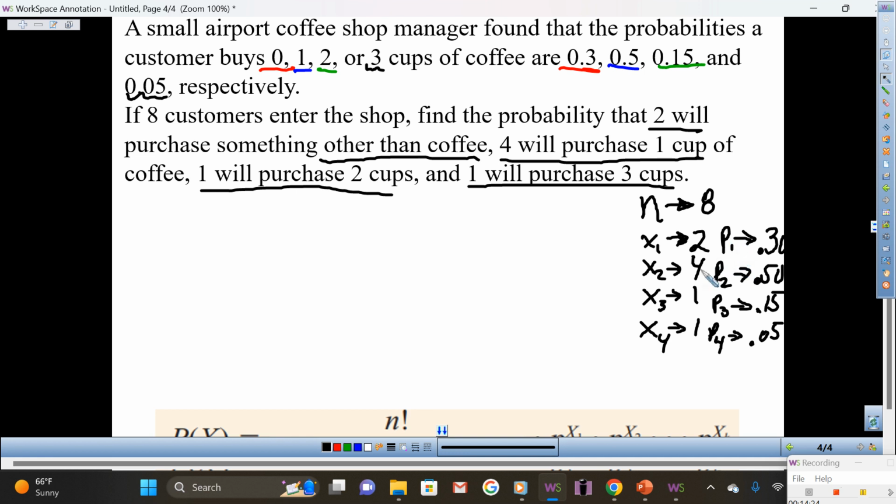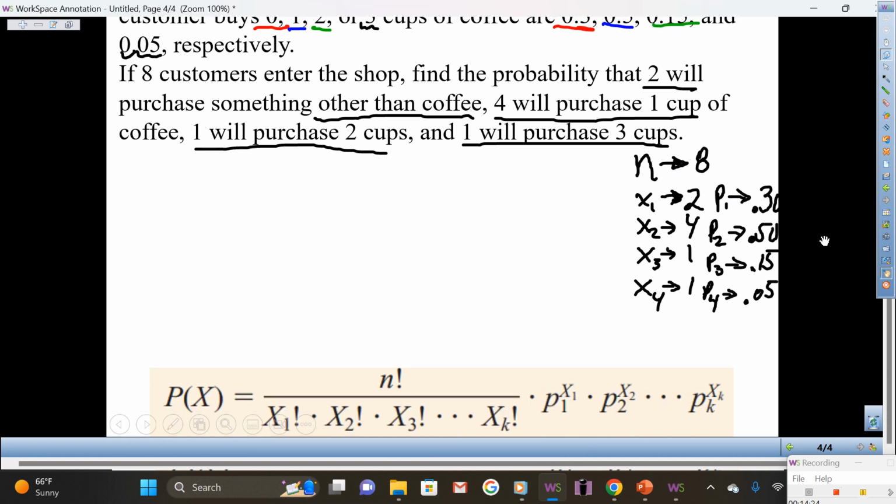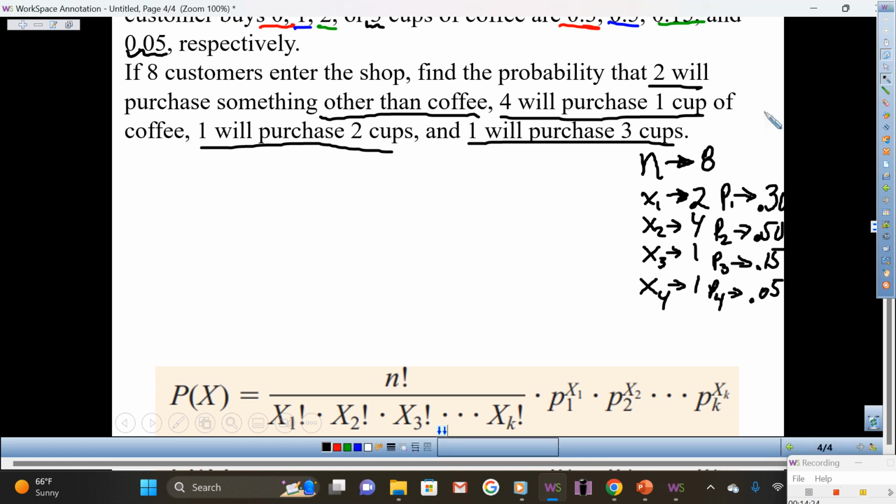And also all the outcomes, or the x sub 1, sub 2, sub 3, all of those have to add up to n. Yes? All right? So set up your formula now that you have those values. Once again, P of x equals